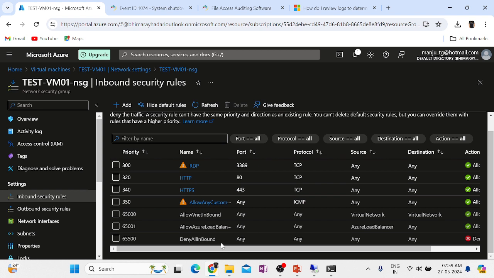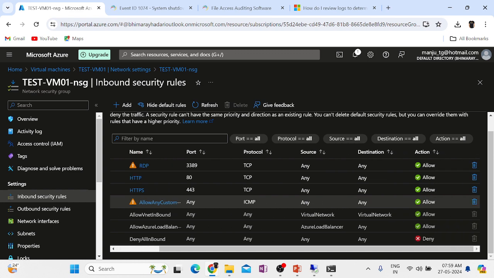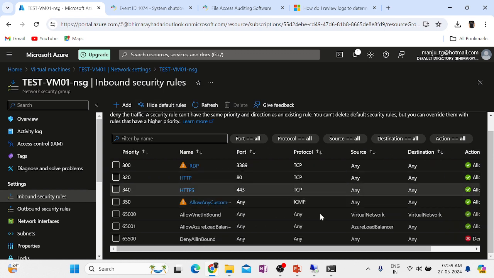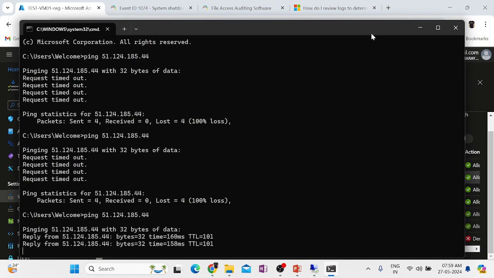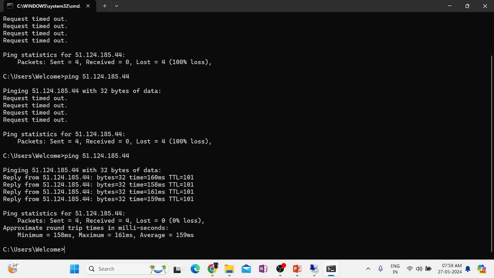Okay, and on top of that, whatever connection is required, we are creating a rule with less priority. See, 300, 320, 340, 350, and I'm telling it to allow the connection, right? One second, if I go now, it should be able to ping. See, now it is allowing me to ping